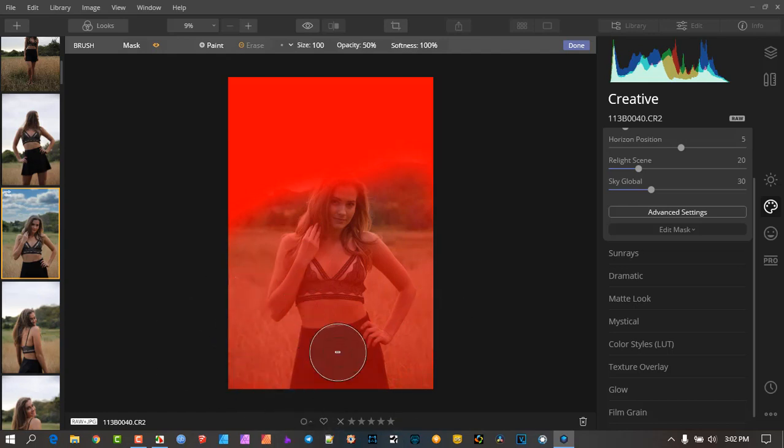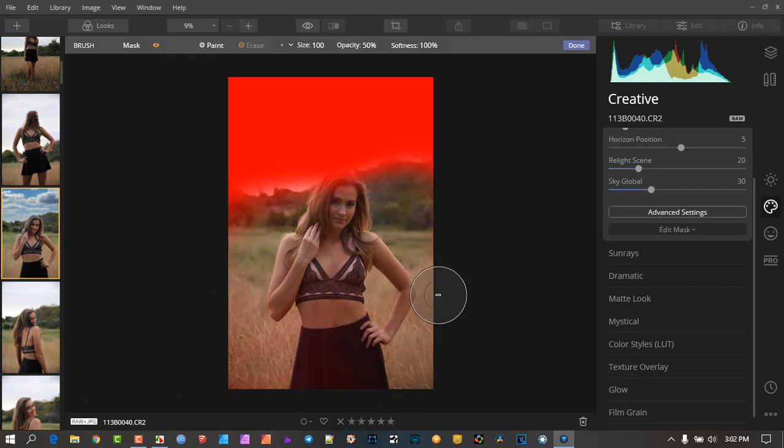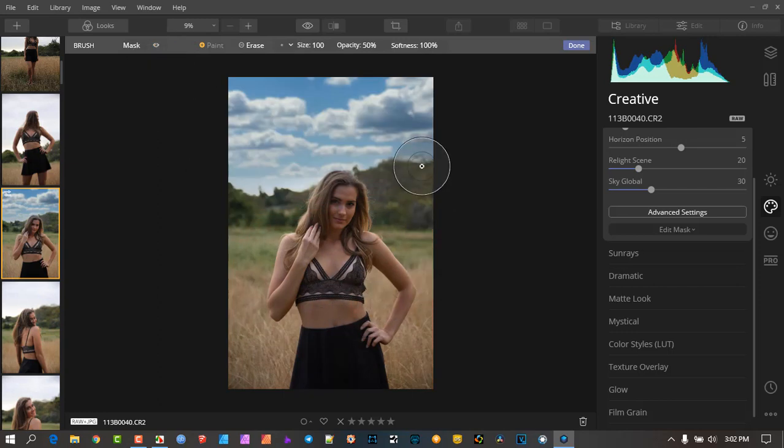So what I'm doing is I've just let go of the mouse, and I'm going to clear the mask in this area because pretty much it's not needed here. What I'm going to do is get a bit of paint and just paint back that area. So it's intelligently knowing where the sky is in the first place. Let me switch that off. It intelligently knows where the sky is, but you can assist it by drawing a little bit of a